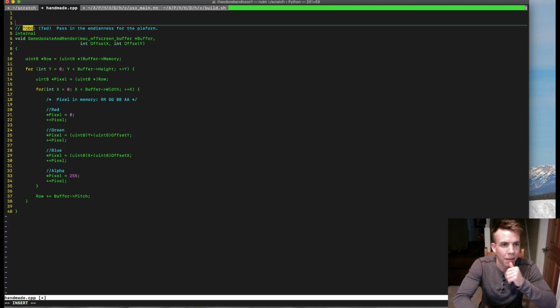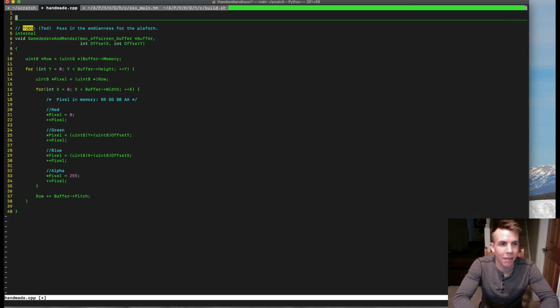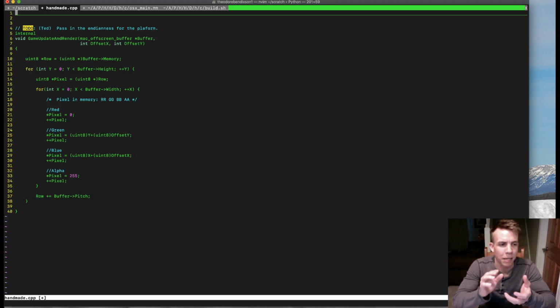And so I have that as a to-do because I really don't want this to be about that. I want the interface to be roughly as close to the Handmade Hero series as it can be, and so having to pass in extra endianness flags too early on is kind of diverging from the purpose of it. So I don't really want to do that yet. Later on, it probably would make sense to do that,